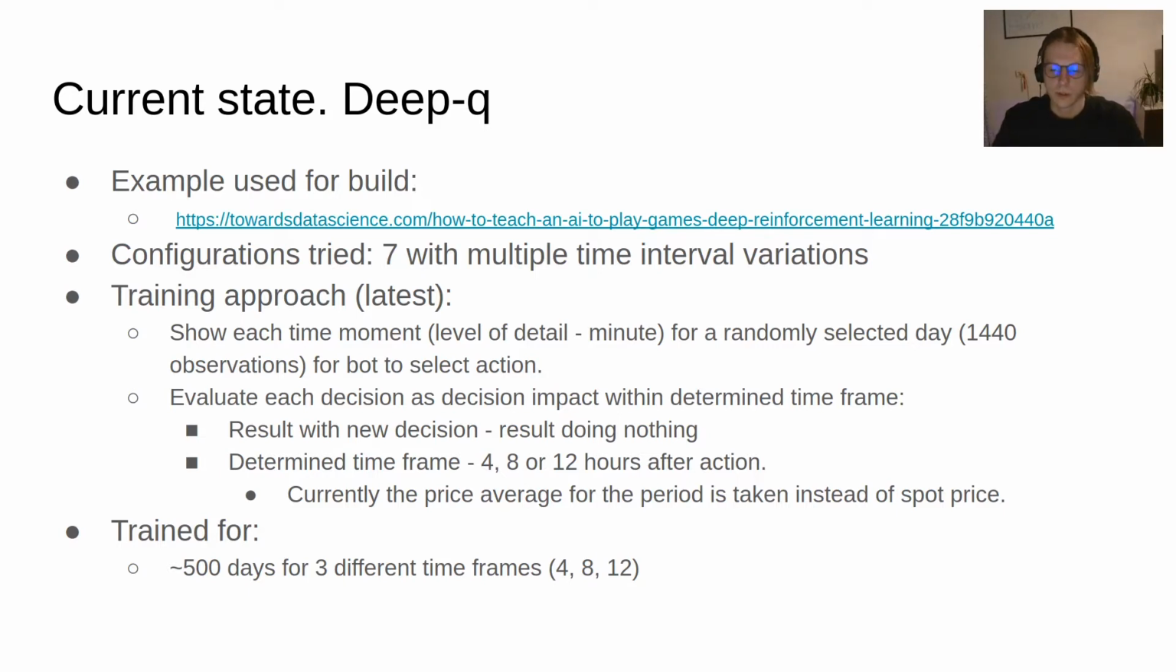Now, the result is determined by the time frame that I select. So I train 3 networks simultaneously. One is trained based on the time frame of 4, one on 8, and the last one on 12 hours. What that means is I take the price for the selected time frame, I take the mean of that price, and I use it to evaluate the result. So getting back to our example, if the current market price for Bitcoin is 1,000 euros and the bot has 1,000 euros in a wallet and selects to buy,